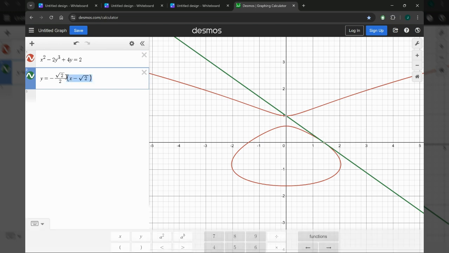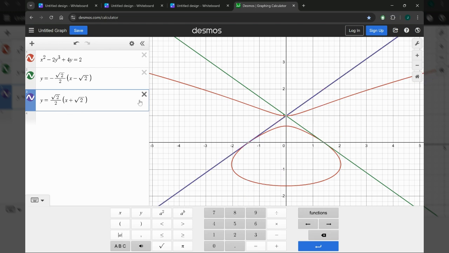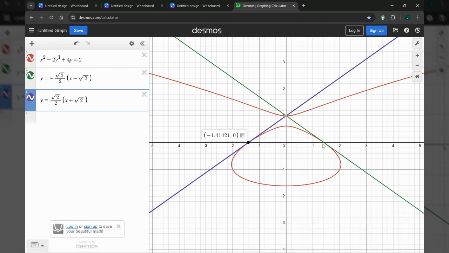The only thing that would change at the other x-intercept is the signs. It would be a positive radical 2 over 2, and this would be a plus radical 2 because it's plus or minus negative radical 2. So you notice we can still find equations of tangent lines, even on something that is not a function, using